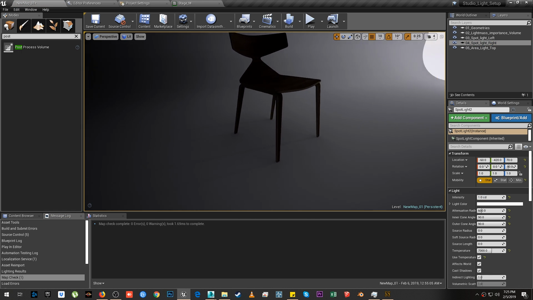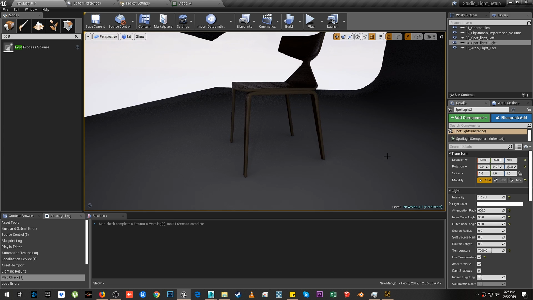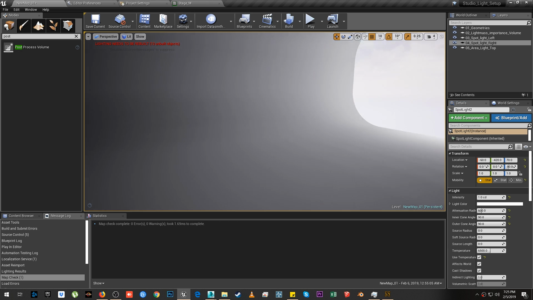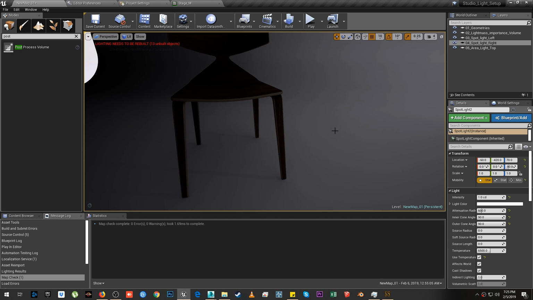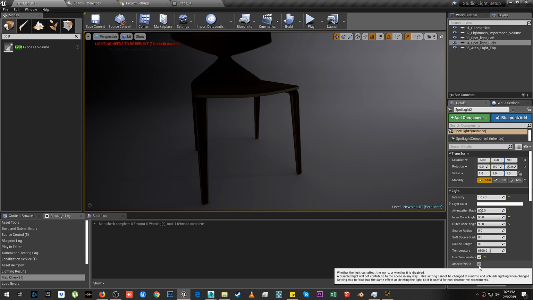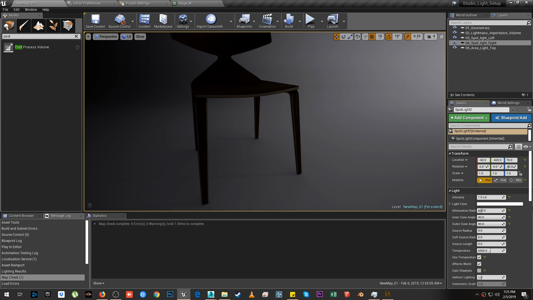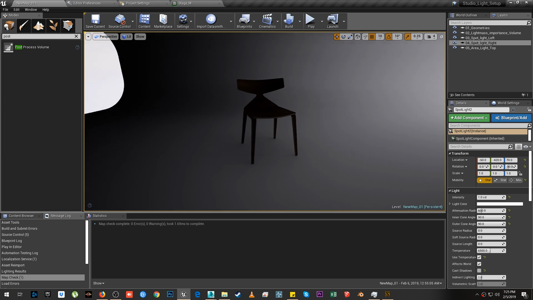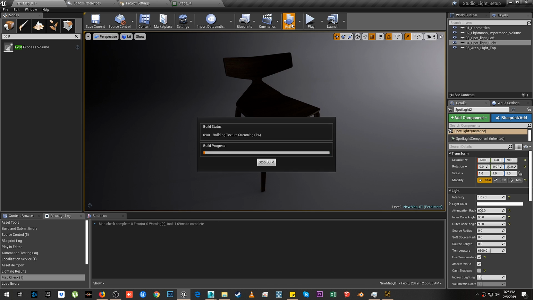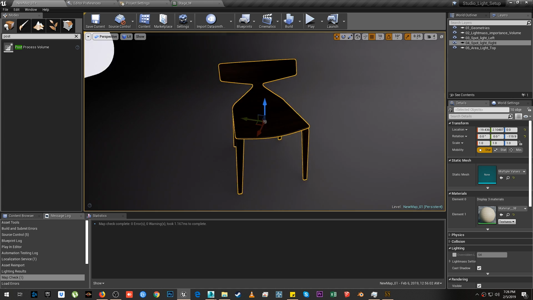Yes, I will go ahead and then increase its temperature to maybe 6500, and I will go ahead and switch this cast shadow off. I don't want shadow of this, and then again I will just go ahead and build it again. Yes,